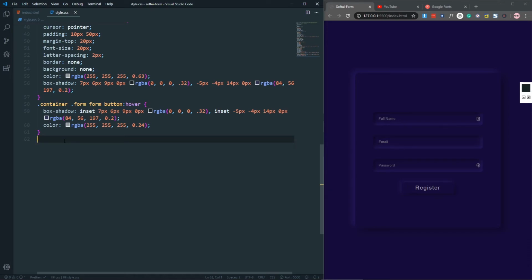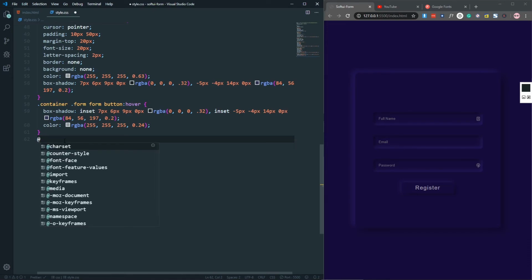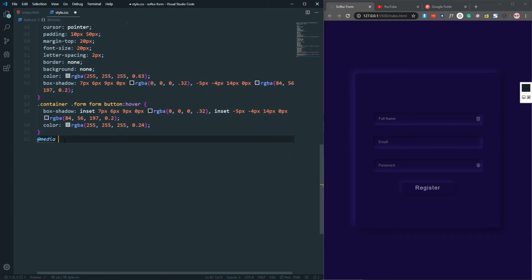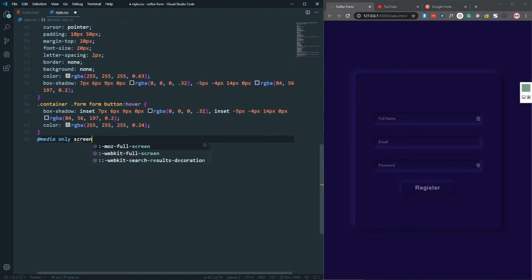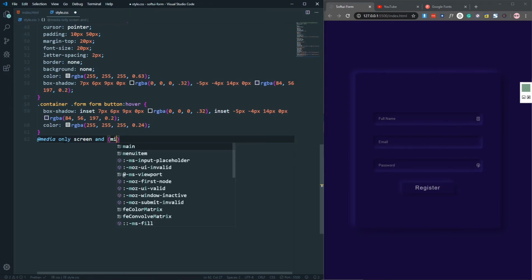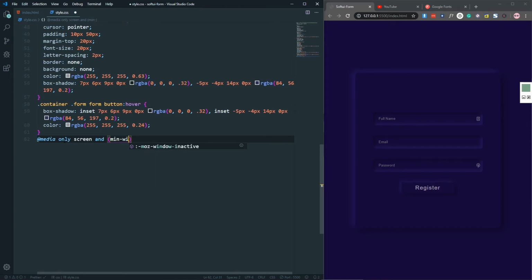First of all, let's make a breakpoint of media query, media only screen, and let's say max width. First one will be, not max, actually min width of 813 pixel,